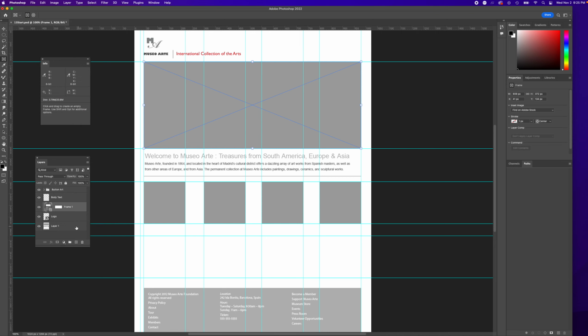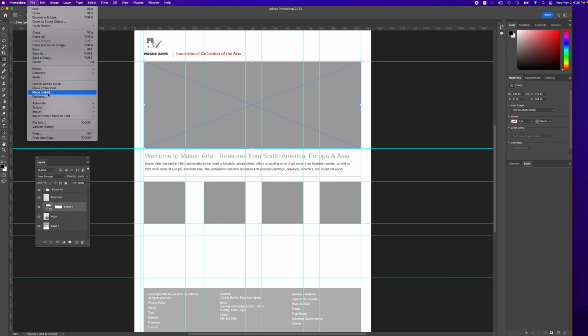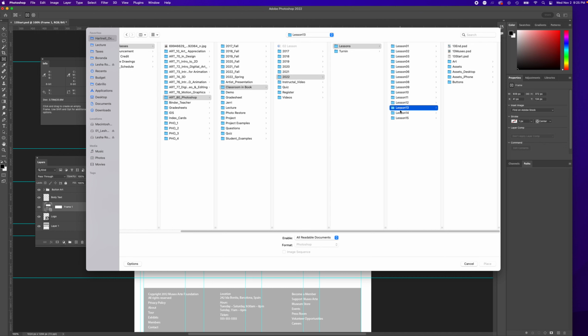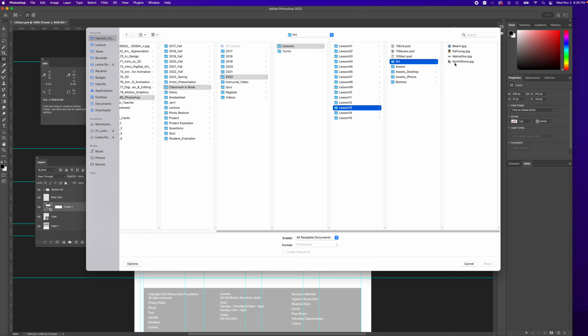Before I do that, make sure frame 1 is selected. So frame 1 is selected in our layer window. So get ready, file, place, linked. Then we're going to the art folder in lesson 13. So lesson 13, art, and we're going to